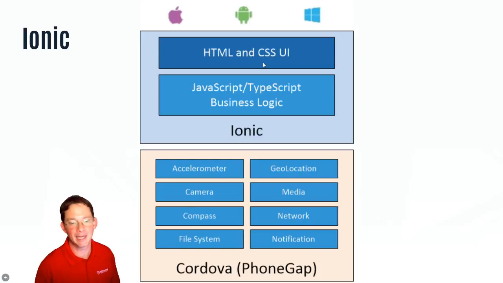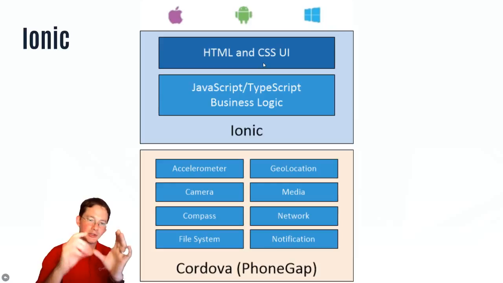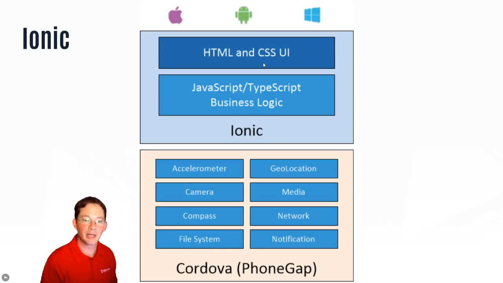The Ionic, by comparison, is what's known as a hybrid app. A hybrid app means that you're using an app that looks and feels like a native app. I mean, you're installing it from an app store, and you click it on your phone, and it looks like an app. But the thing is, it's actually a browser. You've got a browser in there, and inside of your browser, you have HTML, CSS, and JavaScript. And all of that is packaged together by this technology called Cordova, which used to be